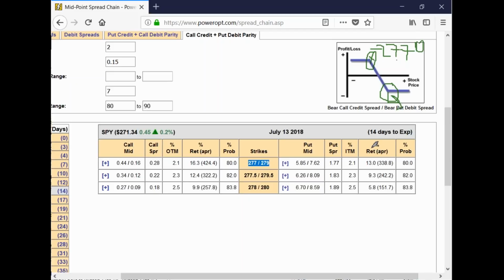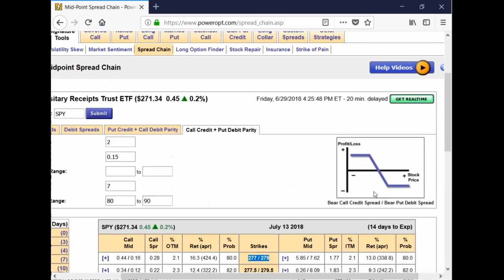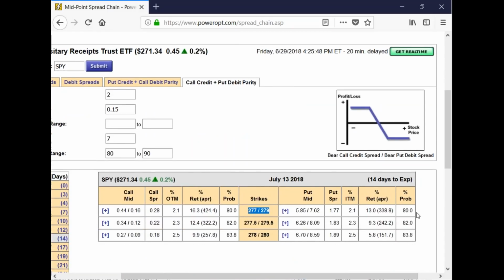That's fine. But it may result in a margin call. It may result in some weird financing. We don't know. But that's one of the concerns when you're looking at a debit versus a credit, is to remember that in the debit, you're starting off typically in the money. If you want that probability of expiring worthless, you don't control if you get assigned early at that short strike.